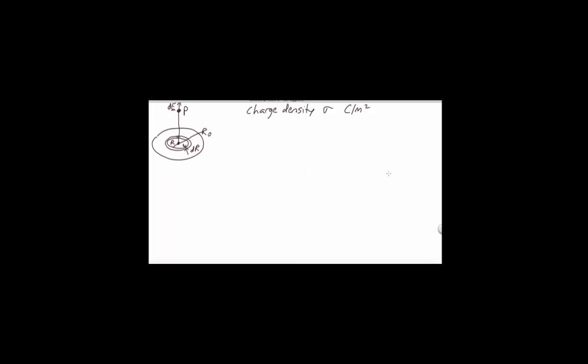Now our problem here is to find the electric field due to a charged disk. And the disk we've drawn here has radius R0. Now we want to know the electric field at the point P, which is a distance z away from the disk. And we're going to build on the previous result where we found the electric field because of a charged ring. And we're going to do that by treating the disk as the sum of a series of thin rings, and each one has radius r,